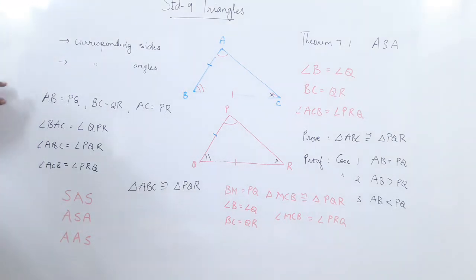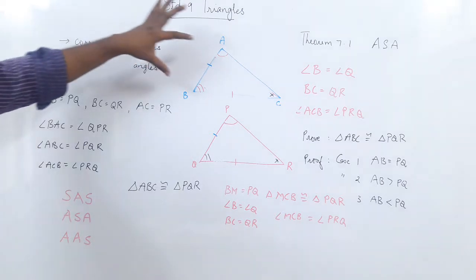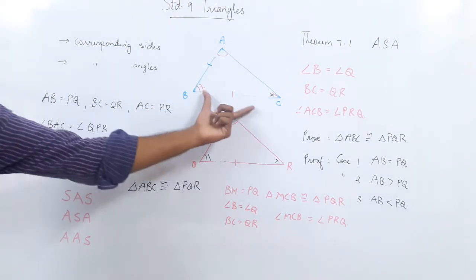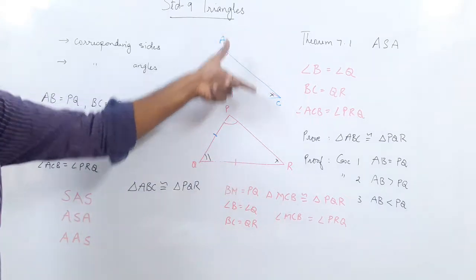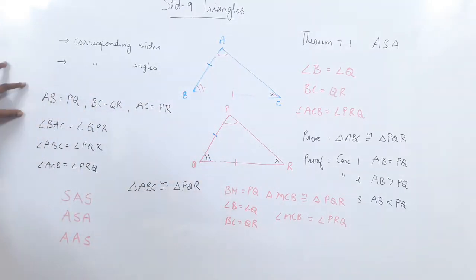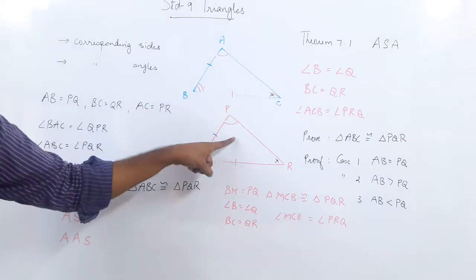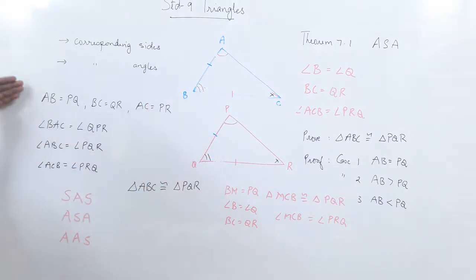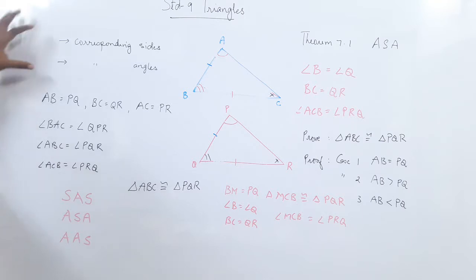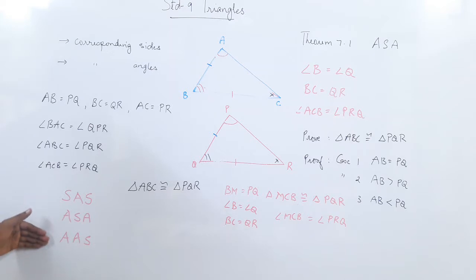So there are 6 things to be taken into consideration here. The corresponding sides AB, PQ, BC, QR, AC, PR. The corresponding sides are equal. Angle BAC equal to angle QPR. These two angles are equal. So this leads us to the congruency. So when all these conditions are satisfied, it brings us to the congruency. But we even saw that in some cases not all the 6 but 3 conditions are enough.